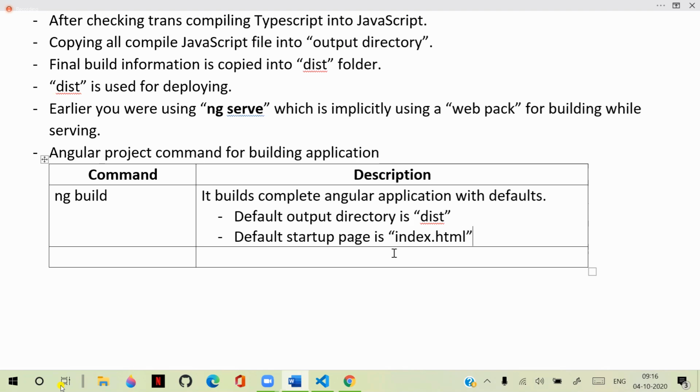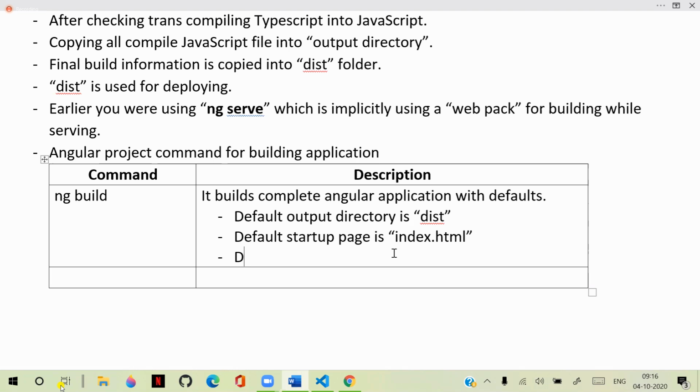And the default base href is, as I already told you, slash. With these defaults it will generate everything. If you want to change them, then